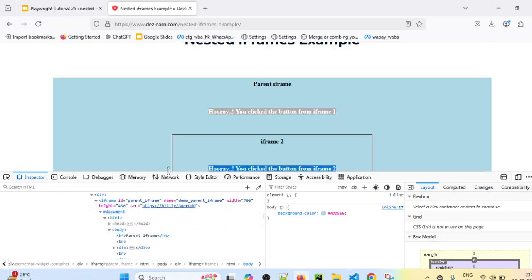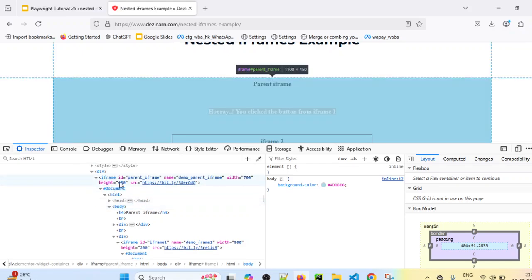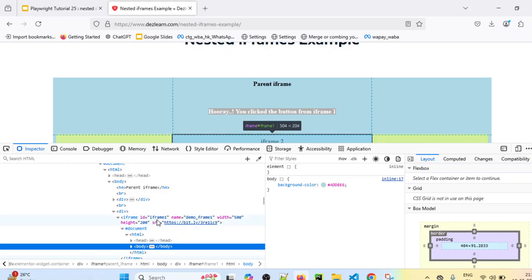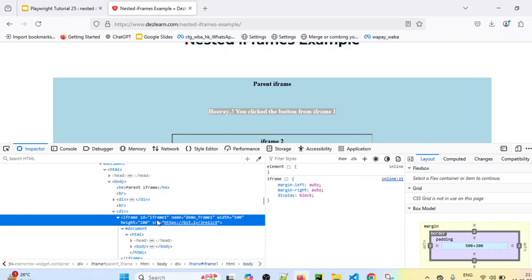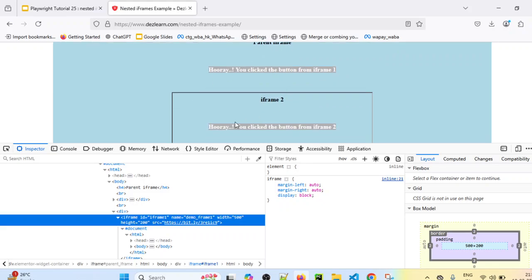If you see the HTML and CSS code, this is our parent iframe ID, and inside this parent iframe there is another iframe ID. Inside this parent frame there is one more child frame that has the ID iframe 1. So let's see how we can interact with the element in the parent iframe and then the element in the nested iframe. So I will go to